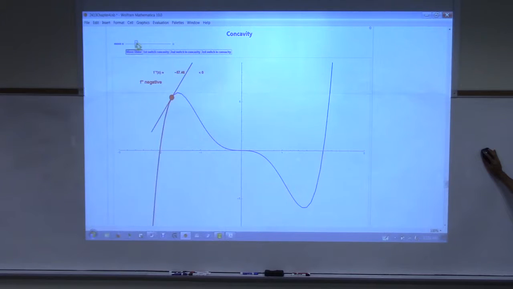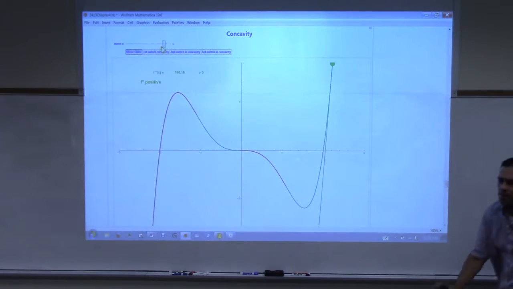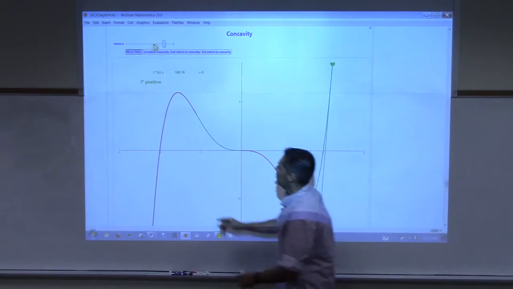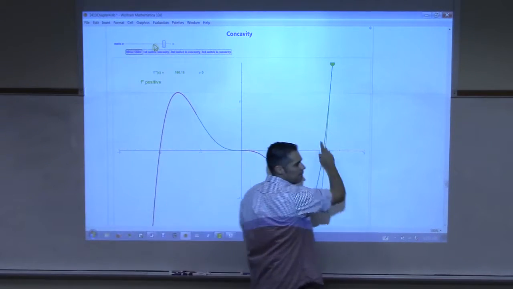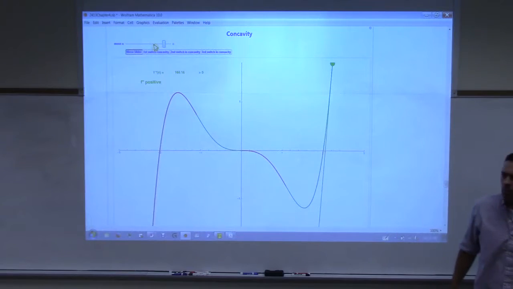So watch, it's red, and then watch, when does it switch to green? Right there, you see it switch to green? And then it stays green and then switches to red, and then switches to green and stays green the rest of the time. Can you all see the little pieces where it's red, green, red? Yeah. So we're red here, green here, red here, green here. Can anyone tell what's